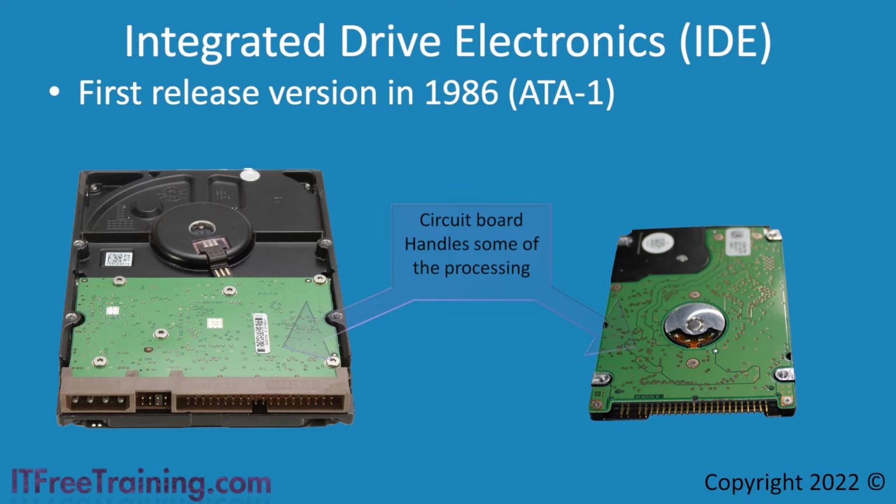This means a hard disk manufacturer only needed to make their hard disks compatible with this standard, and then they would work with any computer that supported that standard. The hard disk circuit board would handle steps such as working out where the data was, where to move the hard disk head, and controlling other operations of the hard disk. This effectively took the load off the computer, as it no longer had to perform these calculations. It only had to send the request to the hard drive circuit board to be actioned. This reduced the overhead on the computer, as some of the processing was now done by the hard disk.